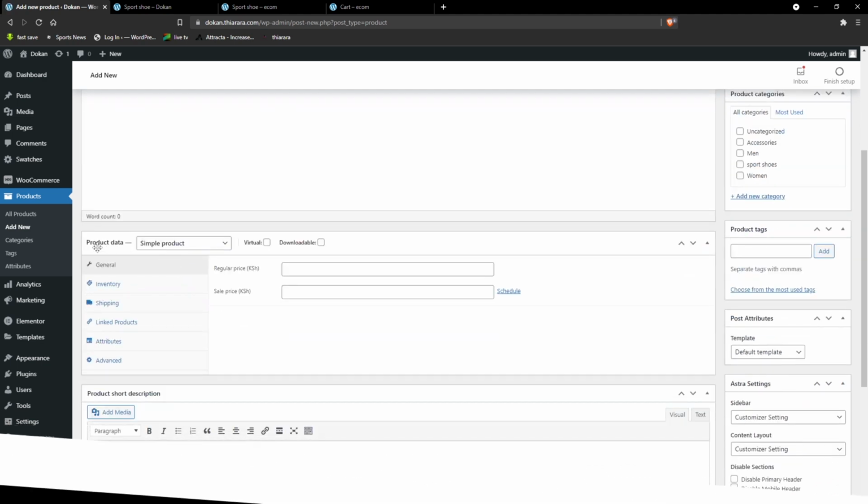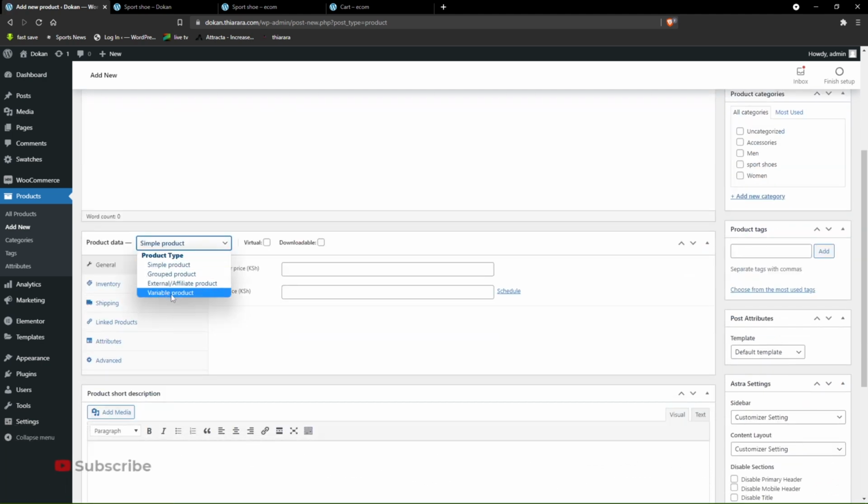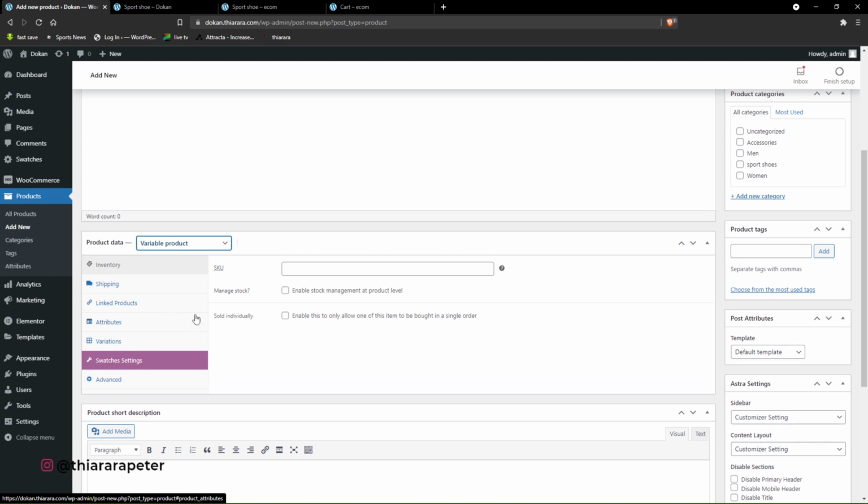When you come here to product data, select variable product. All the other procedures remain the same unless you go to variation and attribute. But before you proceed to that section, let's first see how we can add those attributes and